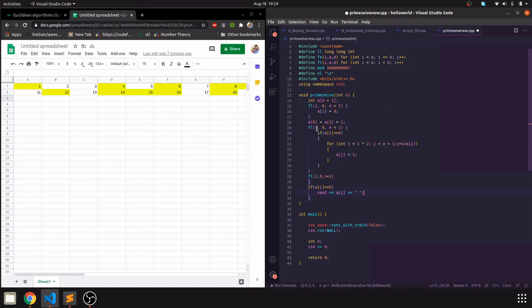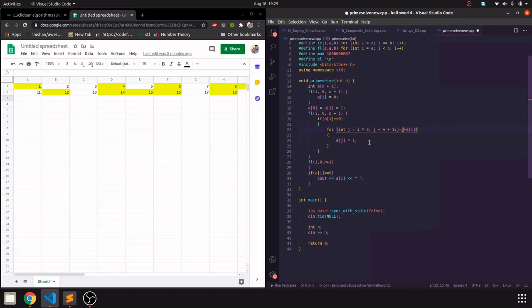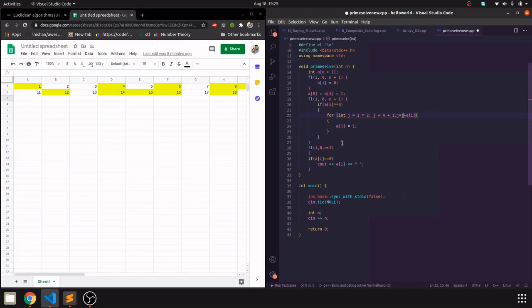This is a for loop which basically, if the number encountered is a prime, then the multiples of that number should be marked as a composite number. j is equal to, j is less than n plus 1, j is equal to j plus a[i], the number itself, a[j] is equal to,